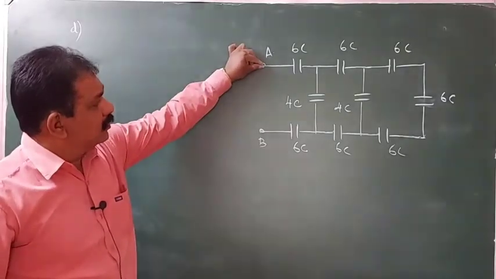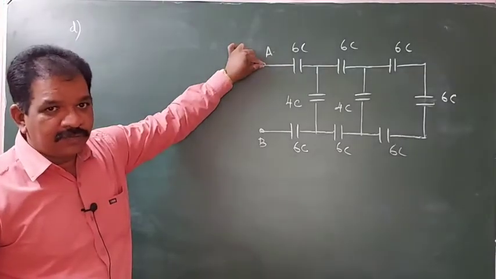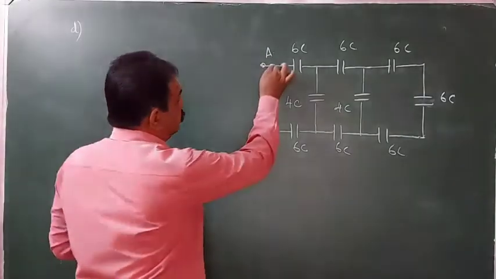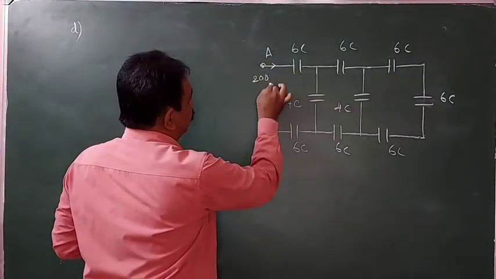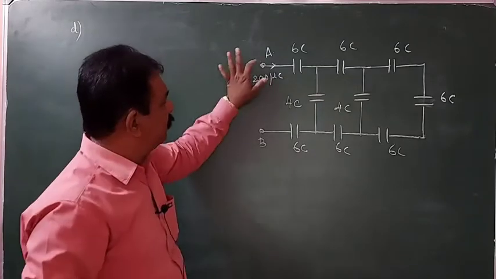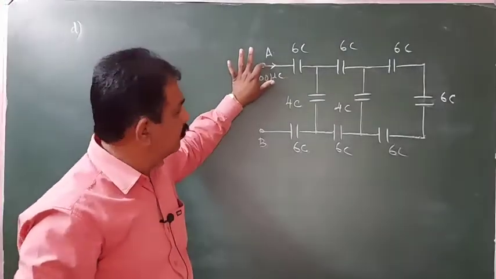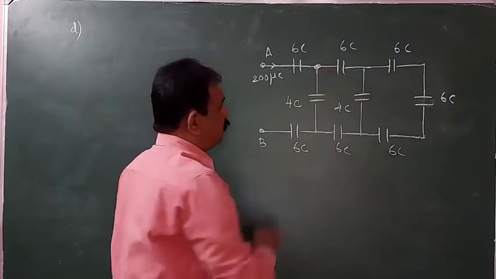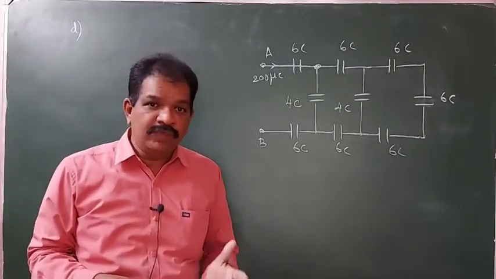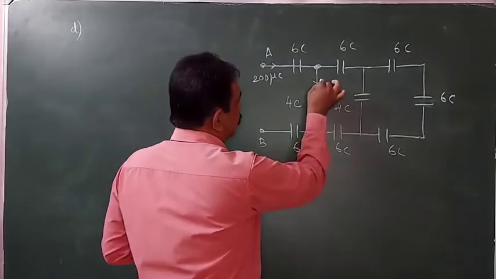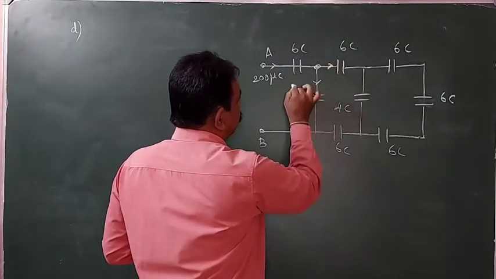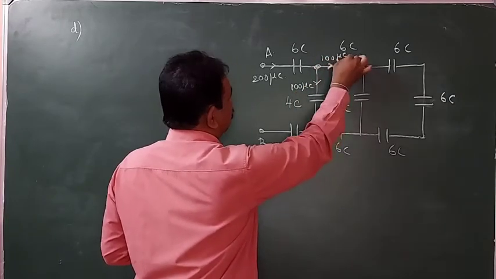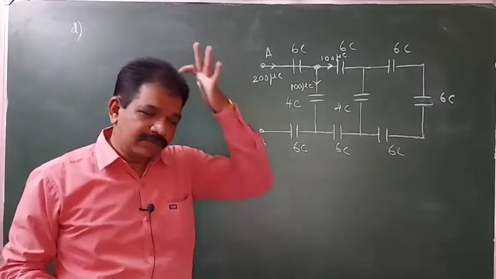Here you take. Charge should start here. Okay, for your understanding only, this is an assumption. For example, 200 microcoulomb started from here. It came to here. It will travel like this and it will come to here. It will find two ways. This will be one, this will be one. Through this some 100, through this some 100. Assumptions only, all these are.